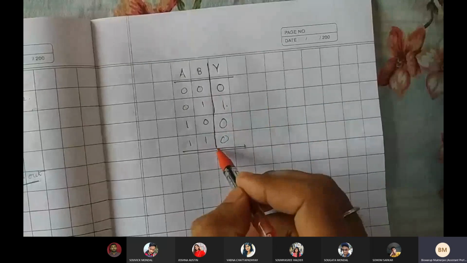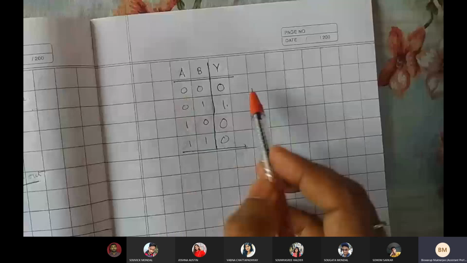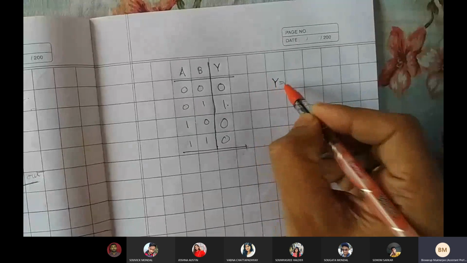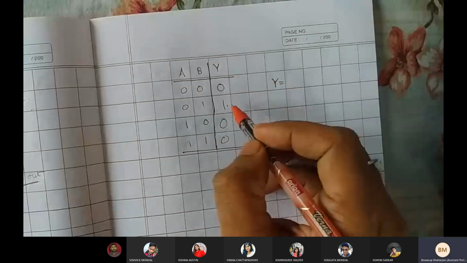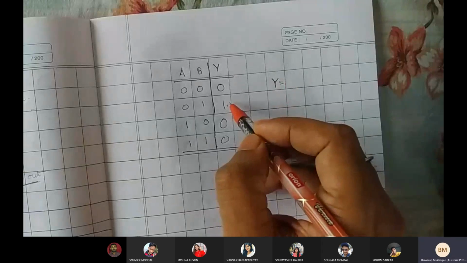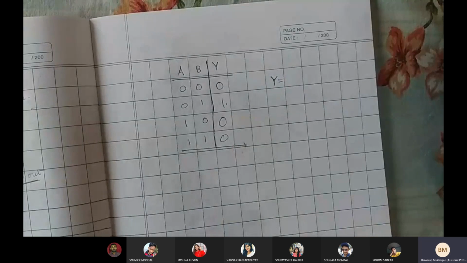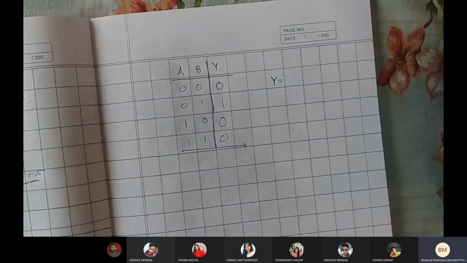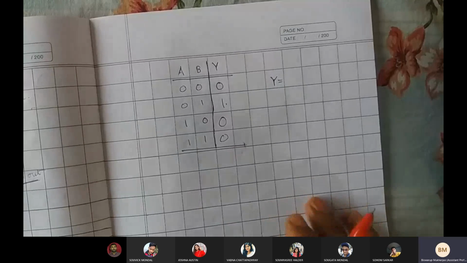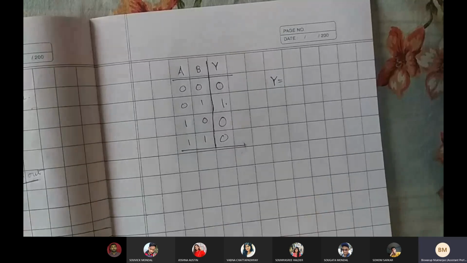In order to find the relationship between input and output, we need to find a proper Boolean function of Y with respect to A and B. We can consider either 0 or 1; any one thing we need to consider, and then we need to find the expression. For simplicity, we'll be discussing by taking only 1. We'll discuss how to find the expression by considering zeros too, but right now we'll be thinking about 1 only.